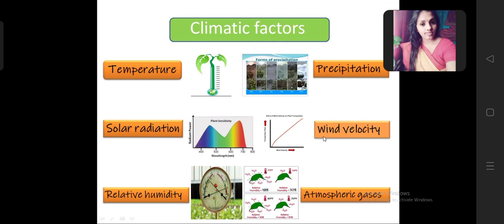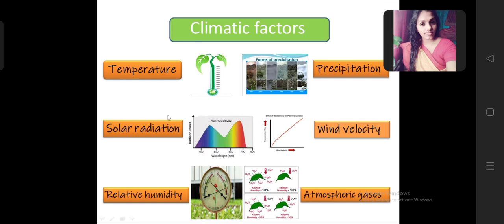You can use Grevillea and Gliricidia plants as windbreakers. Another one is the relative humidity. Relative humidity means the content of moisture in the atmosphere. If it is very dry air, it will be about 0. If it is completely saturated with water content, it will be 100%. But the optimal condition for the growth of the plant is about 60 percent.